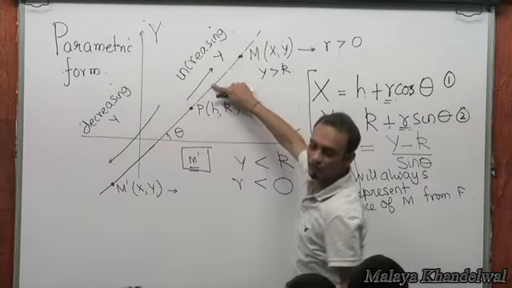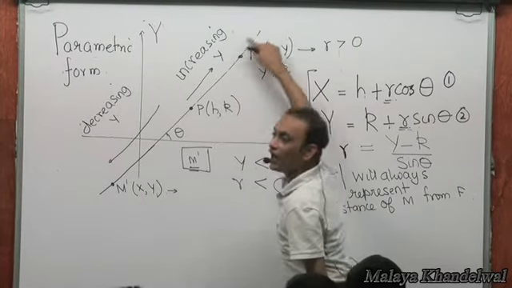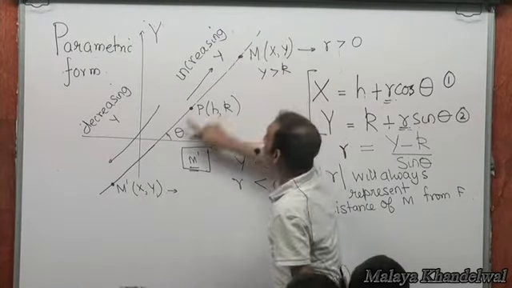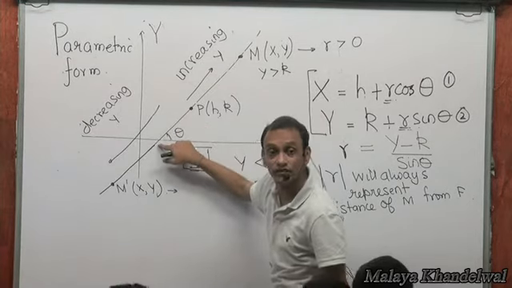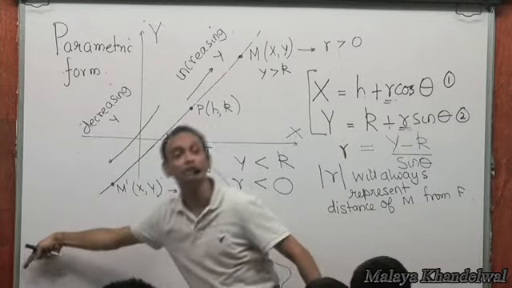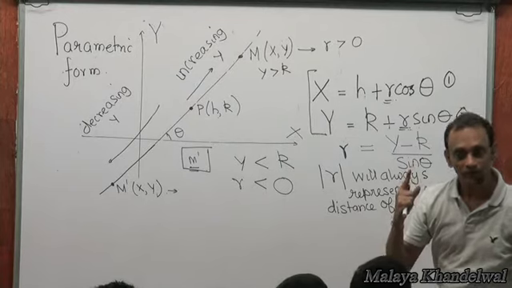R equal to 1 will give you a point here. R equal to 2 will give you xy of a point here. R equal to 3 will give you a xy here. R equal to minus 1 will give you the x and y coordinates of a point here. Minus 2 will give you here, and so on and so forth. Minus infinity will go down to the deep from whence it sprung. Yes or no? Yes, sir. Right?